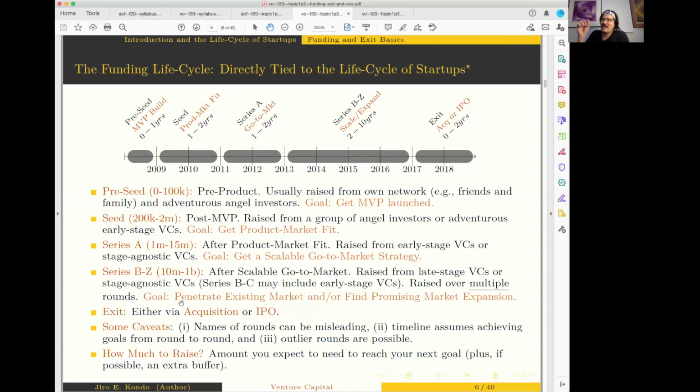The goal of each of these, right? There's many funding rounds happening here. That's why I say B to Z. And the goal each round, and it's generally laid out in pretty clear detail, is to penetrate a specific go-to-market that you validated in Series A, for instance, and then to find another promising channel to get even more expansion, right? I think I said it a few times last lecture, the goal is twofold like that. And the aggregate of all this aggressive scaling, most of the time, is between 2 to 10 years.